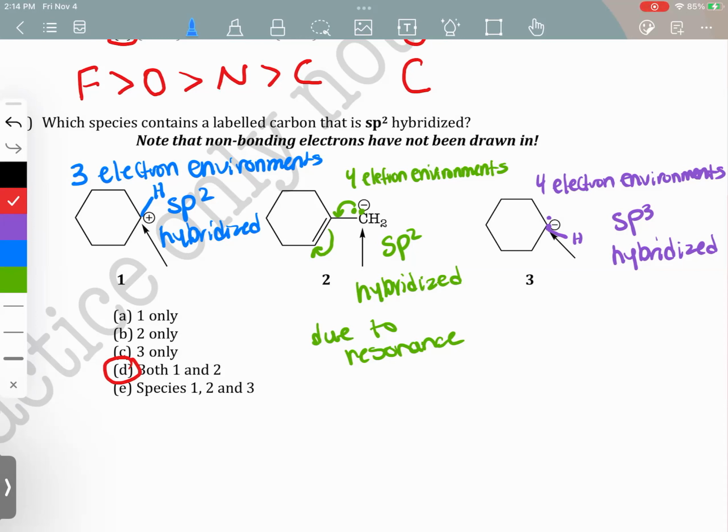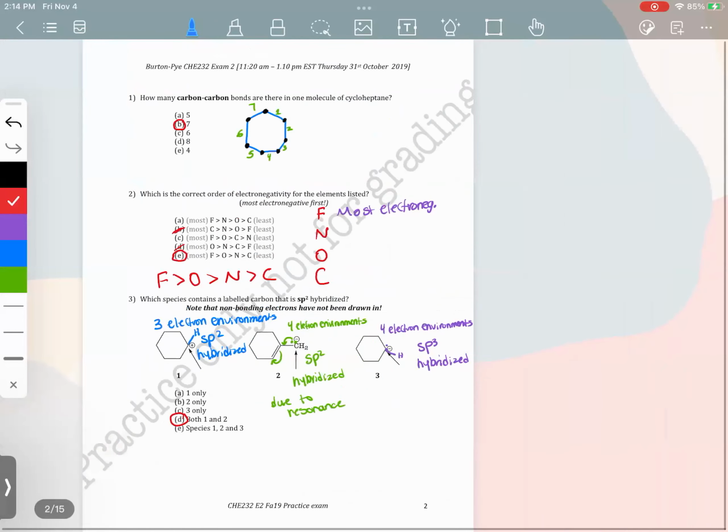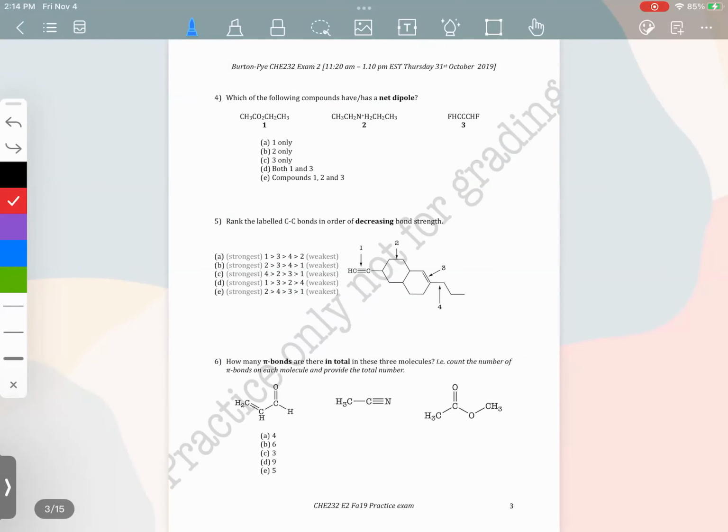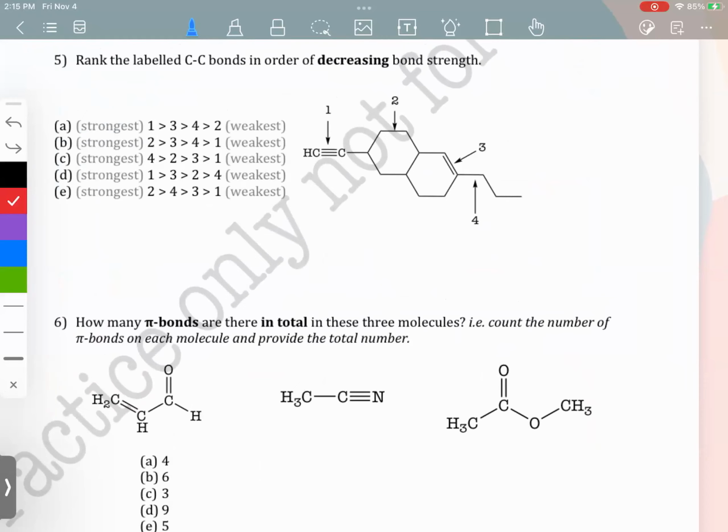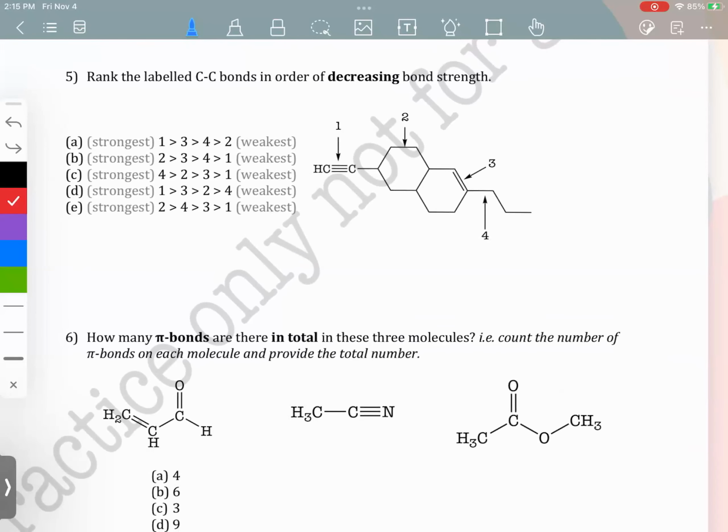I'm actually going to skip question 4 because I want to ask Ben about something with one of these molecules, just so you know I'm not wrong. Right? So we'll skip question 4 for now and go to question 5. So